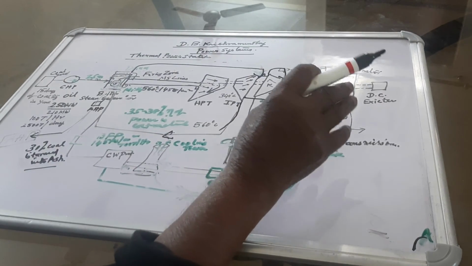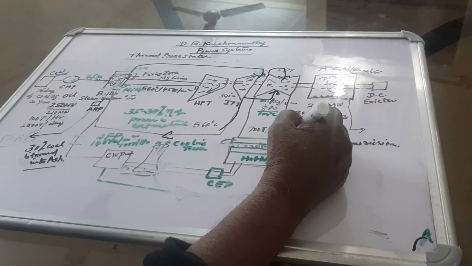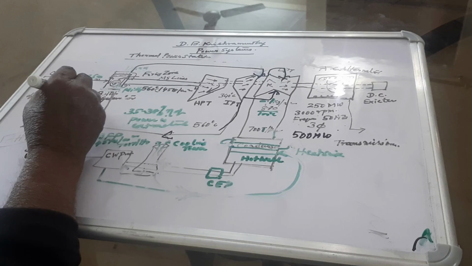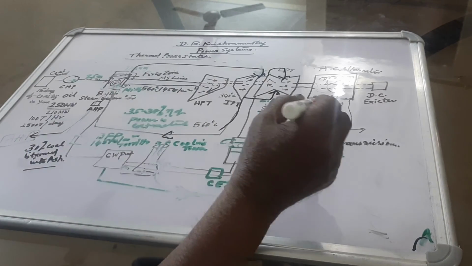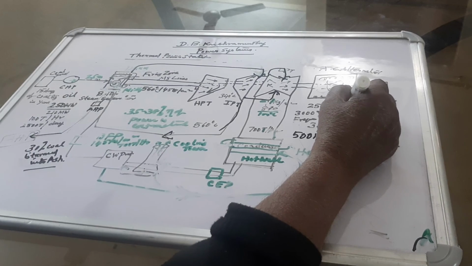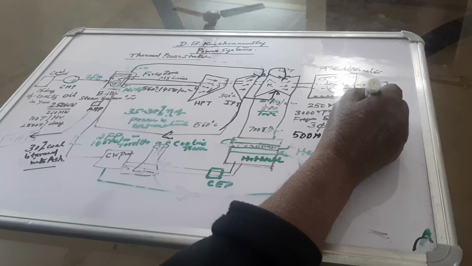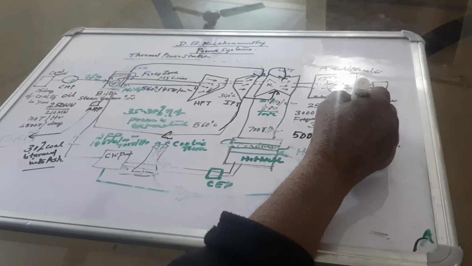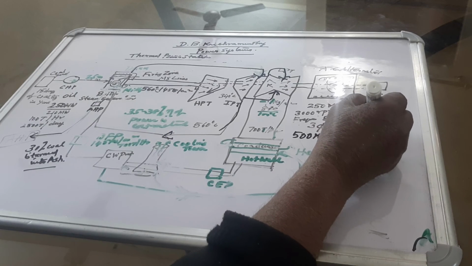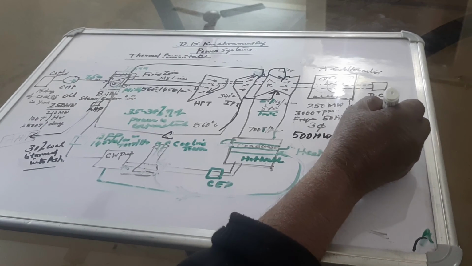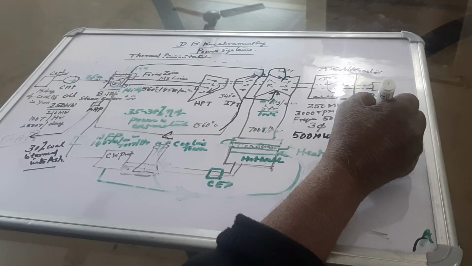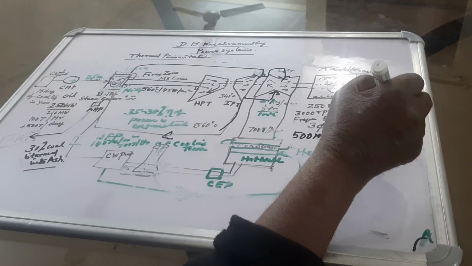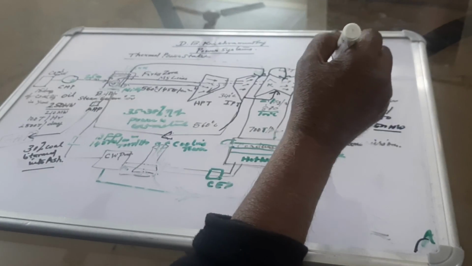The same case will be in the case of 500 megawatts also, but the generation voltage of the generator will be 15.75 kV for 250 megawatts, and it will be 25 kV for 500 megawatts power. So 500 megawatts of power is generated each and every second, and it should be evacuated.